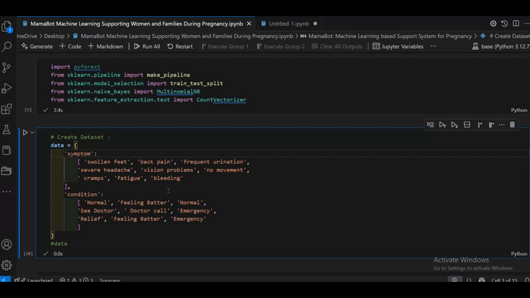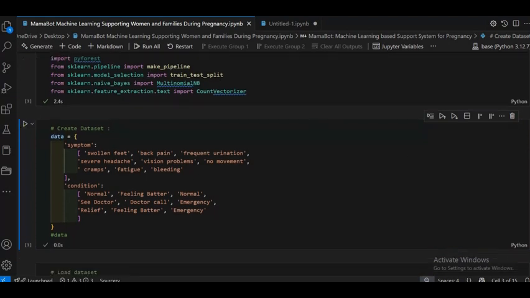You can also add other values. The second column name is condition, where I pass normal, feeling better, then again normal, see doctor, doctor call and emergency, relief, feeling better and emergency. Now run, it's working.